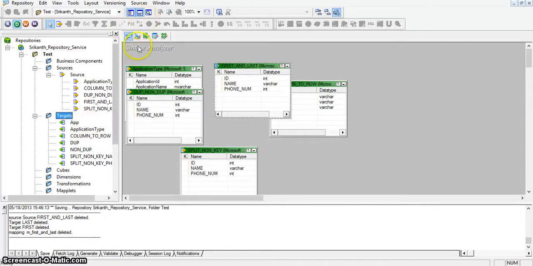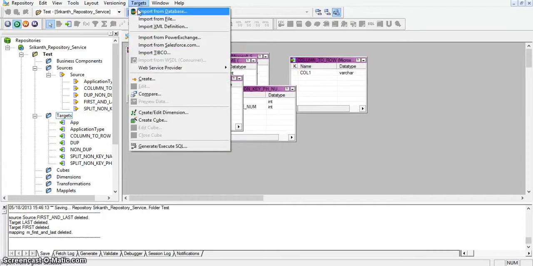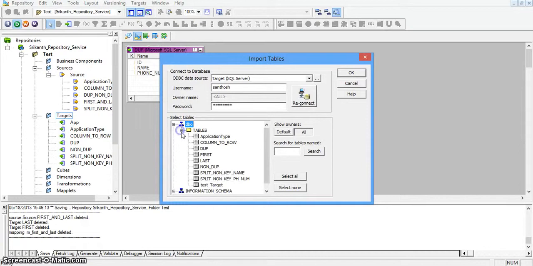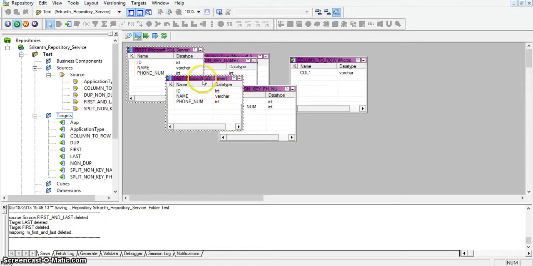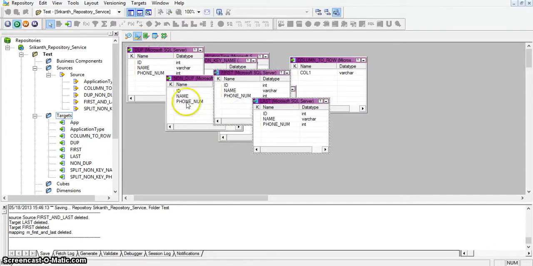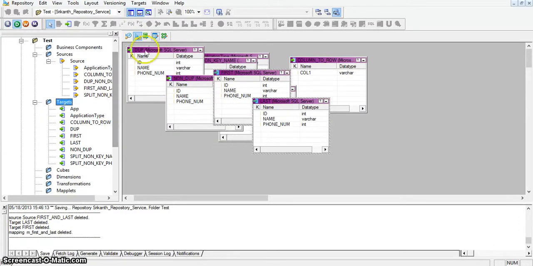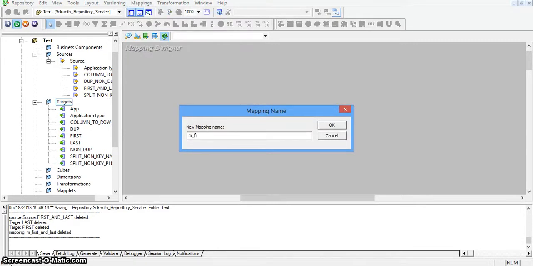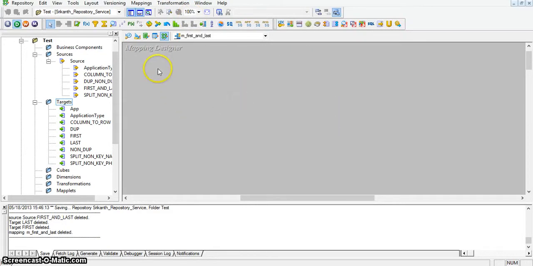And in target, I have created two tables with the names first and last, and I have imported the first and last target definitions. Now I will create a mapping named m_first_last. I am dragging the first and last source into the mapping designer.